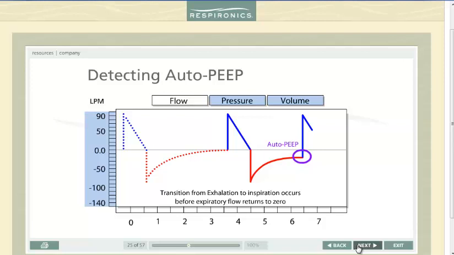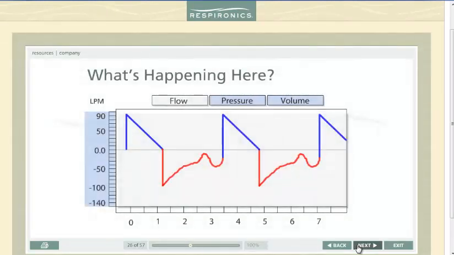How does auto-PEEP affect the patient's work of breathing? Let's take a look. When auto-PEEP is present, the patient has to pull pressure through the auto-PEEP to trigger a breath. For example, if the patient has 7 centimeters of water of auto-PEEP and the pressure sensitivity is set at 2 centimeters of water, the patient would have to pull a negative 9 centimeters of water in order to trigger a